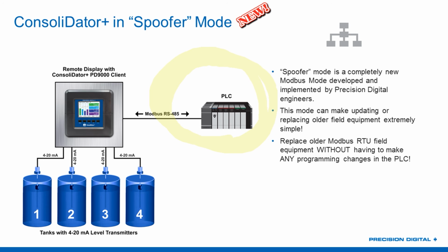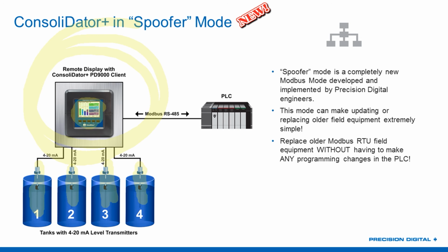So here's what we can do. Instead of having to make changes to the PLC code, what we can do is put the Consolidator in spoofer mode. And so basically, here's what happens. The unit itself has its own Modbus address and has its own internal registers. And so what we're going to do is use the register numbers and address numbers from these old sensors,